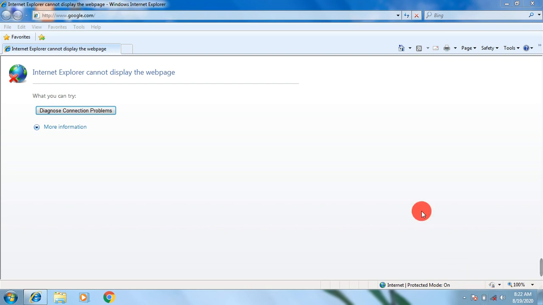Okay, so you can see this is your title bar, this box is your address box, and here you can see backward button and forward button, and this is your menu bar: file, edit, view, favorites, tools. So these are the menu options available.